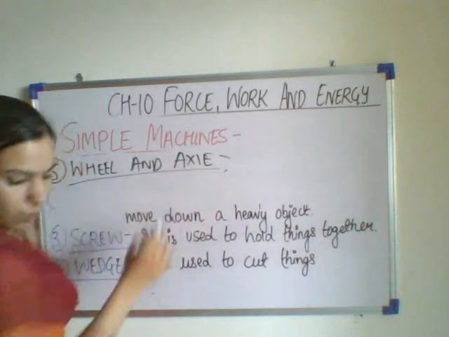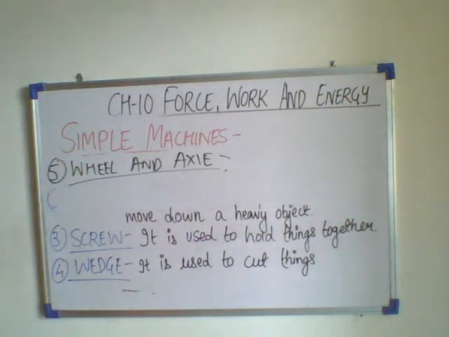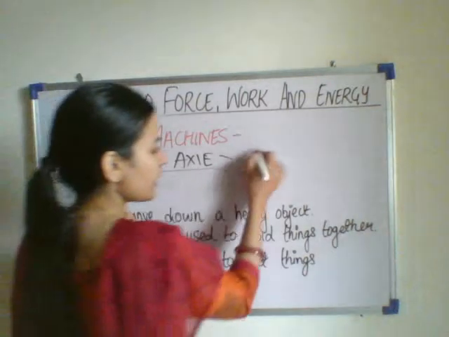What is this? In a wheel and axle arrangement, a rod passes through the wheel. This rod is called the axle, and the axle helps to turn the wheel. The wheel and axle helps to move heavy objects. Screwdriver, steering wheel and wheels in a vehicle are examples of wheel and axle. What are the examples of wheel and axle?